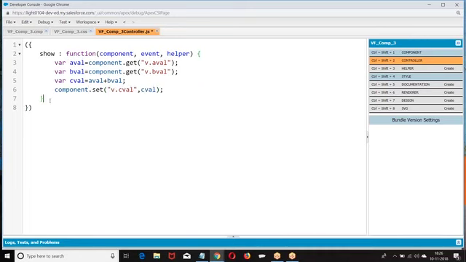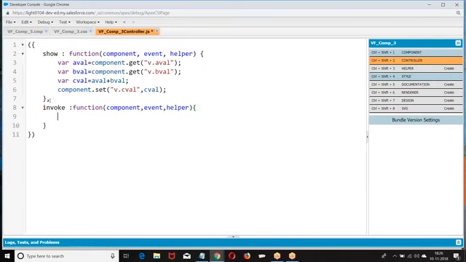Right. Invoke. Then just defining the functions here.